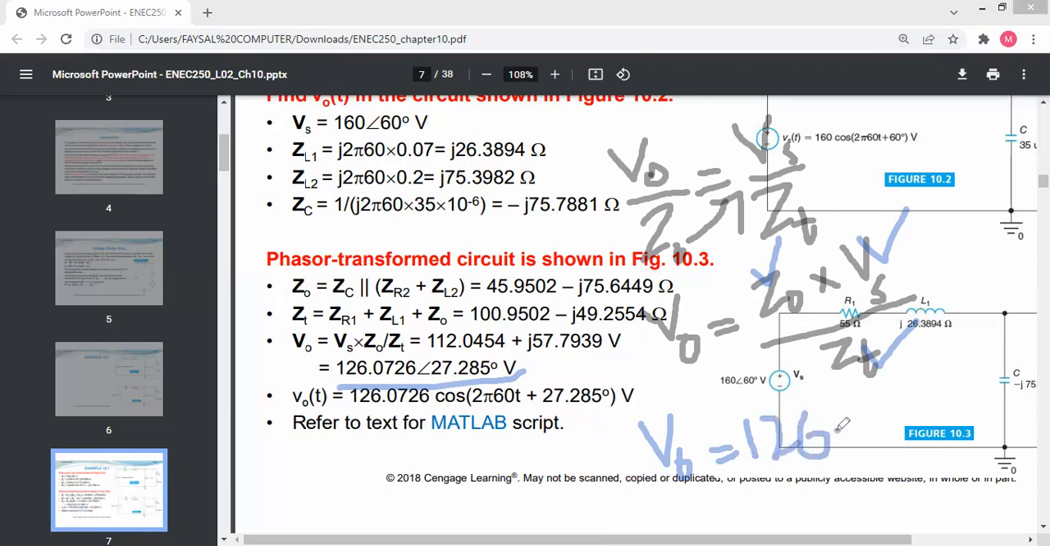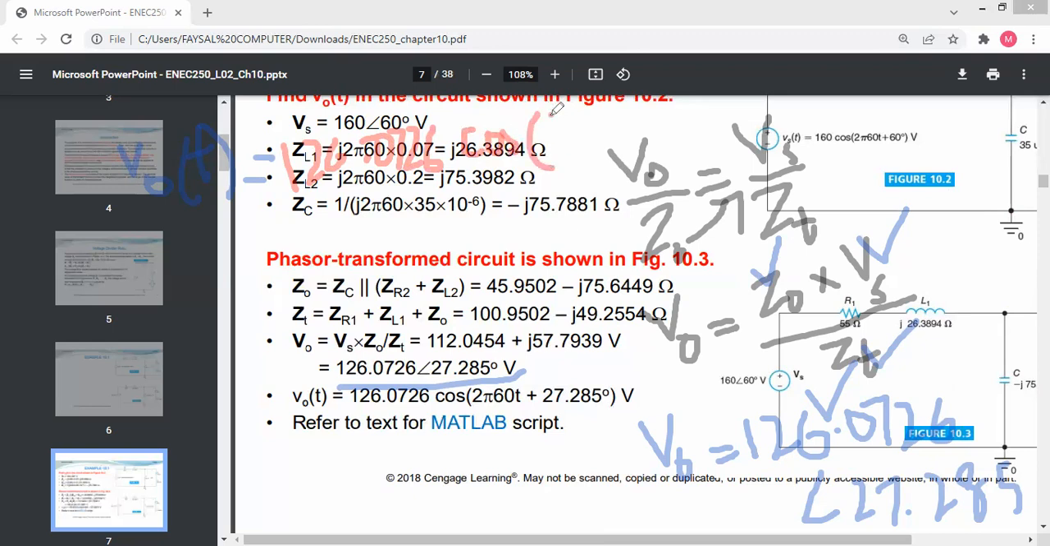This value equals 126.0726 with an angle of 27.285. I have to write V naught with respect to t, having an angle. So it will be what? First value is my amplitude. So this value will be my amplitude, and it will be written as 126.0726. After this, there is a cos of